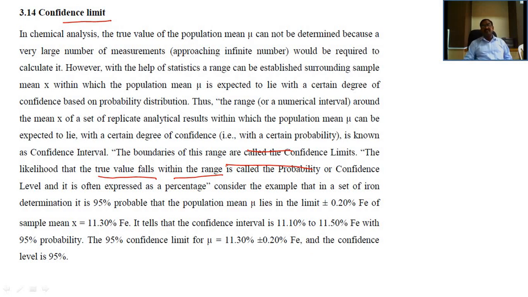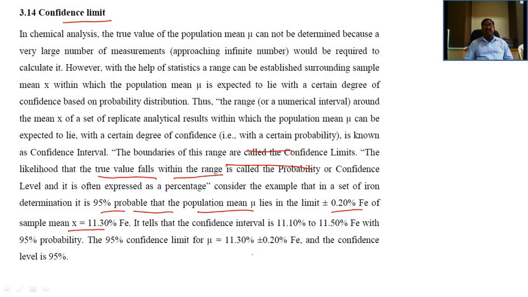Consider the example that in a set of iron determinations it is 95% probable that the population mean mu lies within the limit plus or minus 0.2% iron of the sample mean